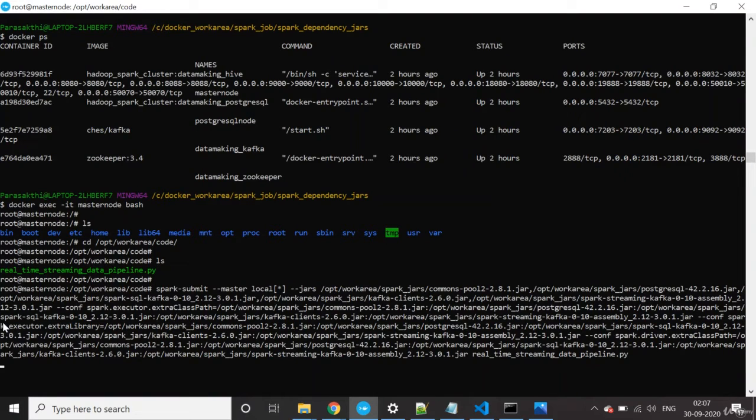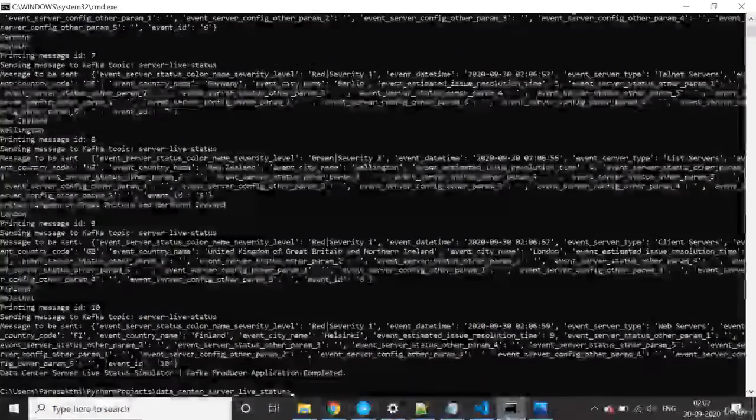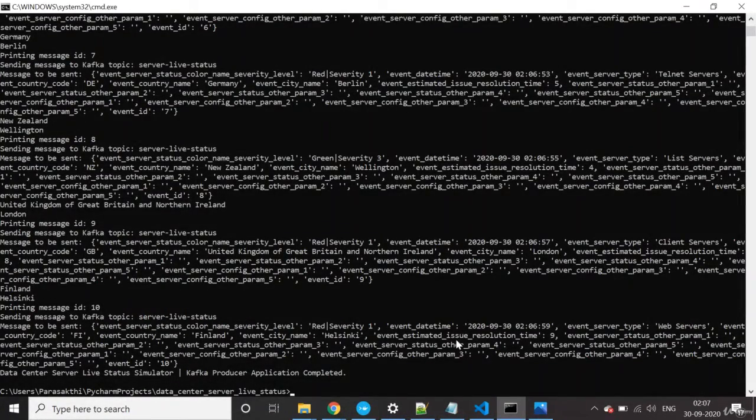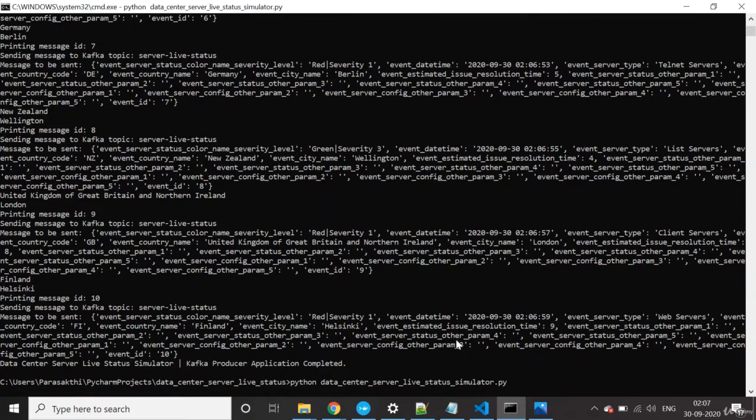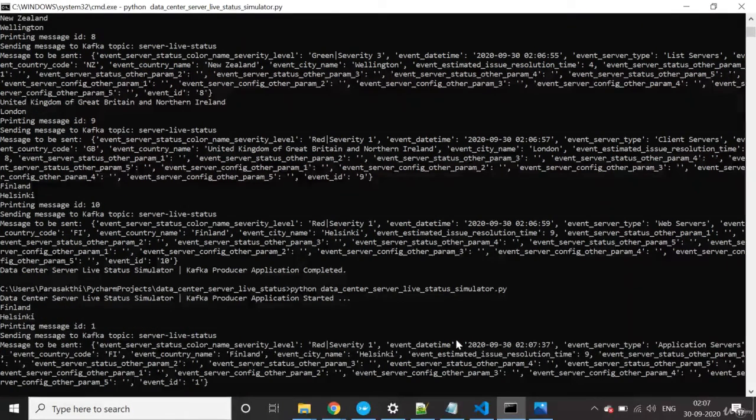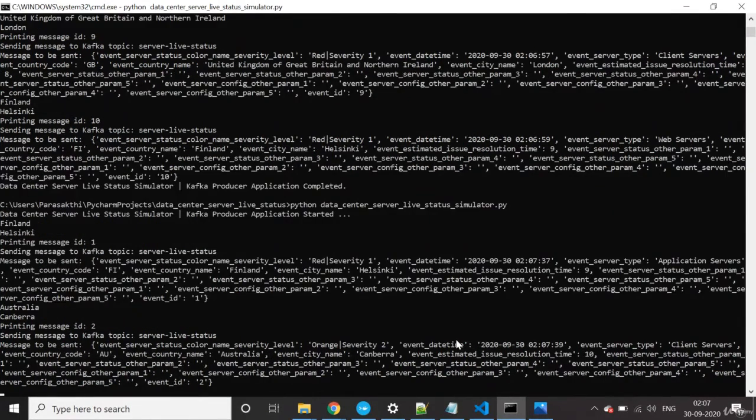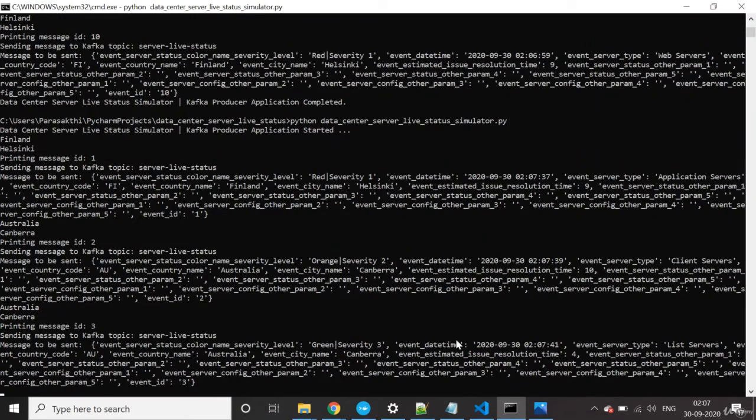So I'm running it here. It is going to launch the Spark job and execute our code. We are already publishing the data, but it actually published only 10 messages. Let's publish more messages so that it will consume and process them.